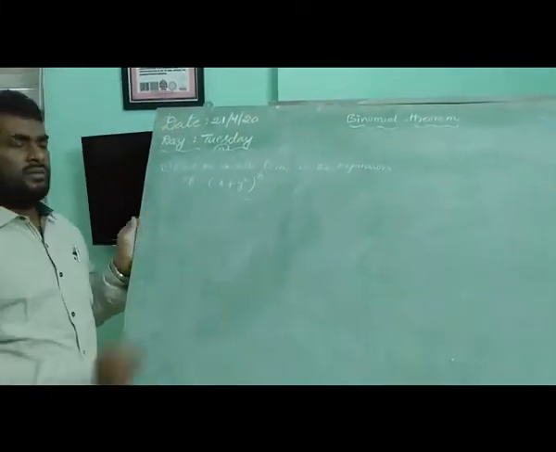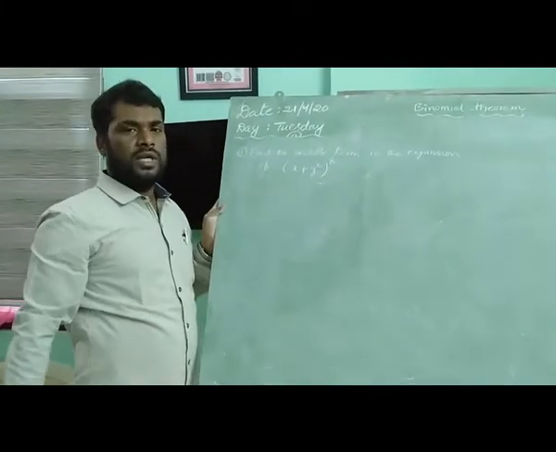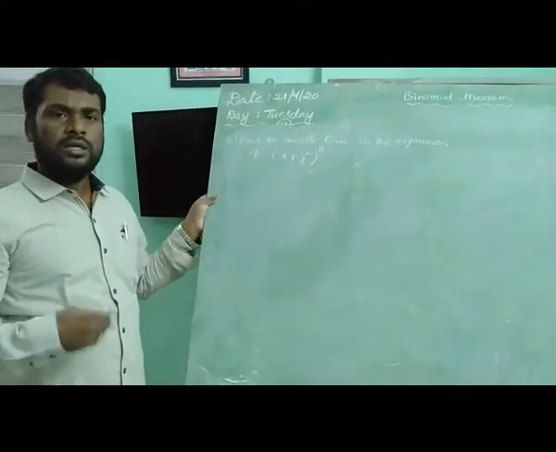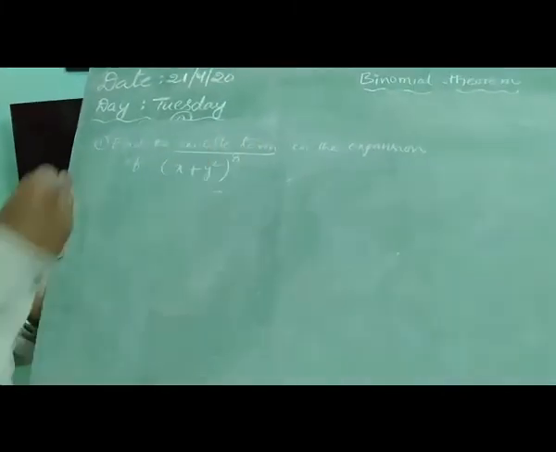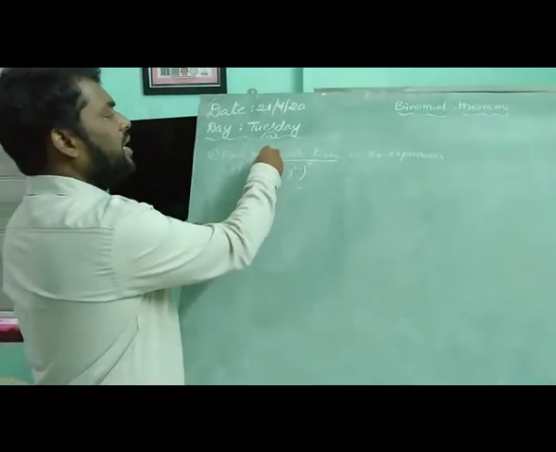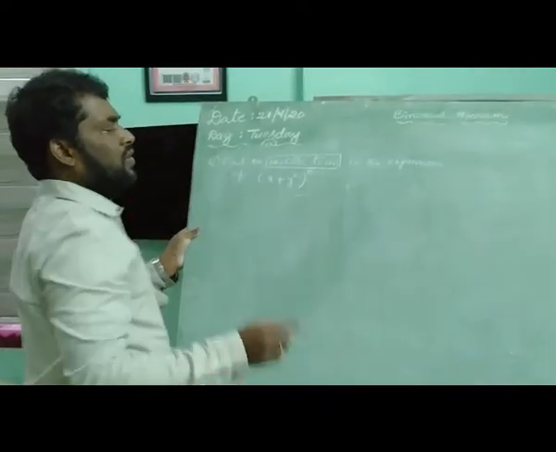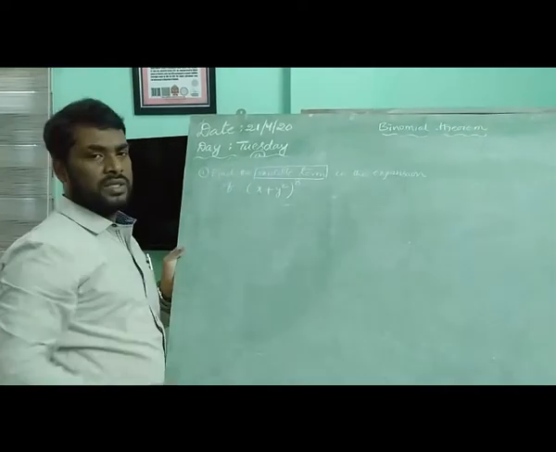You can find the middle term by taking the binomial expansion and writing C0 and so on, but it takes so much time. Is there any shortcut to find the middle term? Again, you can find the middle term by using the general term, or the R plus one term. Before finding the middle term, first observe the number of terms in the binomial expansion.